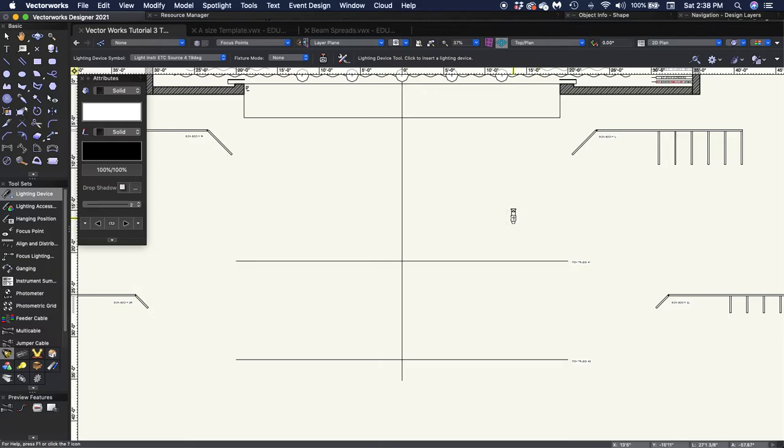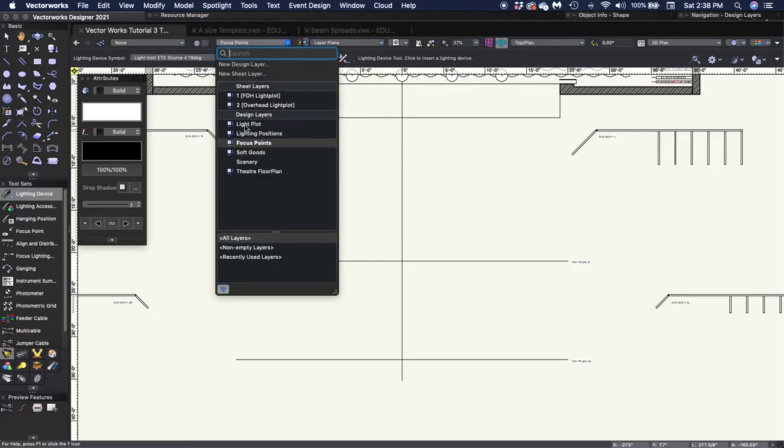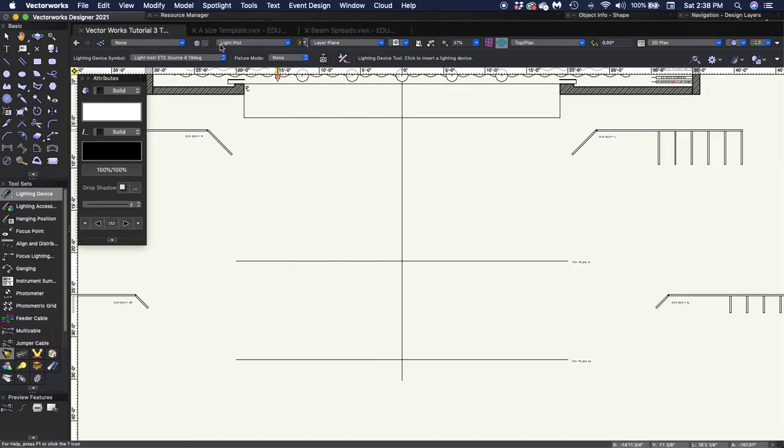Now, it's important to know that it has selected this symbol, but it has also automatically activated the lighting device insertion tool in your lighting tool set. So as soon as you click, it will start placing the fixtures. There's one more thing that we need to do first, however. If you notice, we are still in our focus points layer, and that's not where we want to place our lighting instruments. So we're going to click on this manager, and we're going to click our light plot so that we're on our light plot layer, so we know where we're